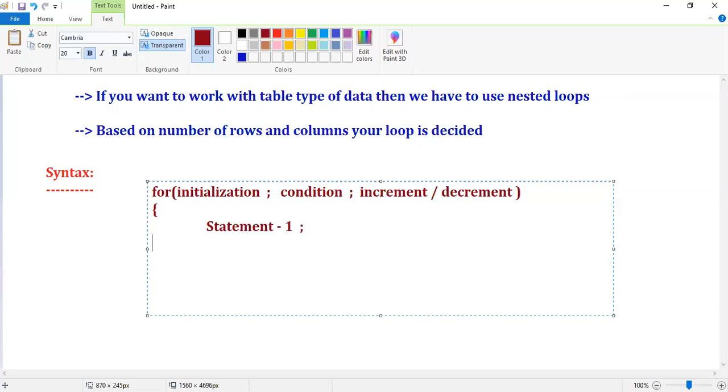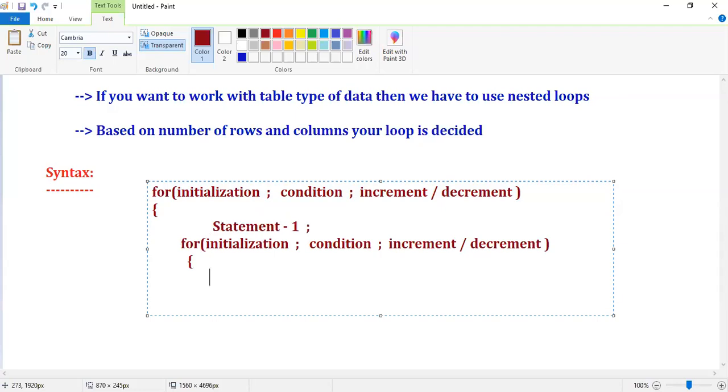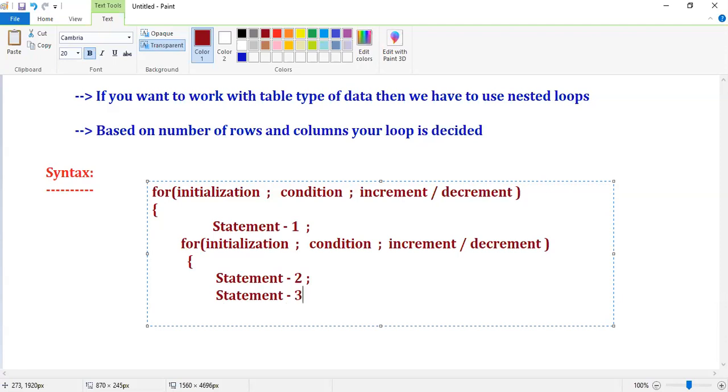Statement 1. And again, what we have inside here, for loop, statement 2, statement 3, close. Observe everyone, guys, here.